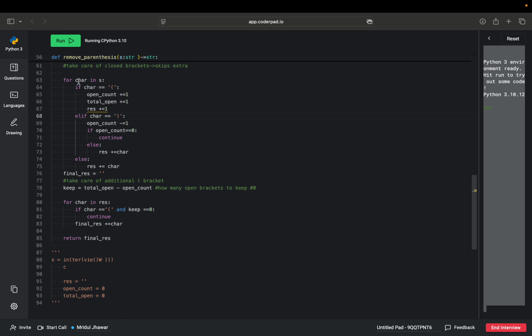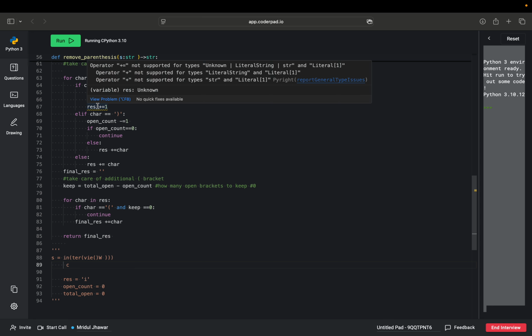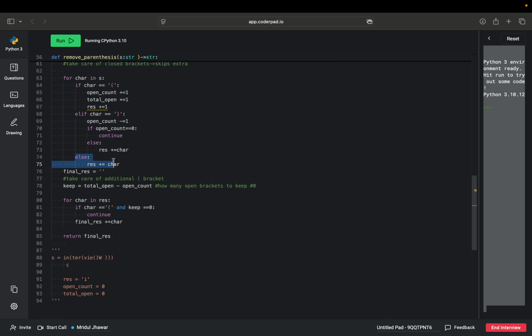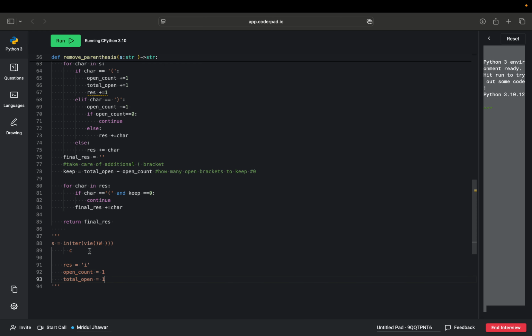So it's for character in s. If character is equal to no, this, no, continue. Okay, when we are here, so just append it to the answer. I move the character. This for loop goes to the next character, and now, again, this condition executes. Now we are here. So at this point, we will increase our open count to 1, and we also increase our total open count to 1. And then here,